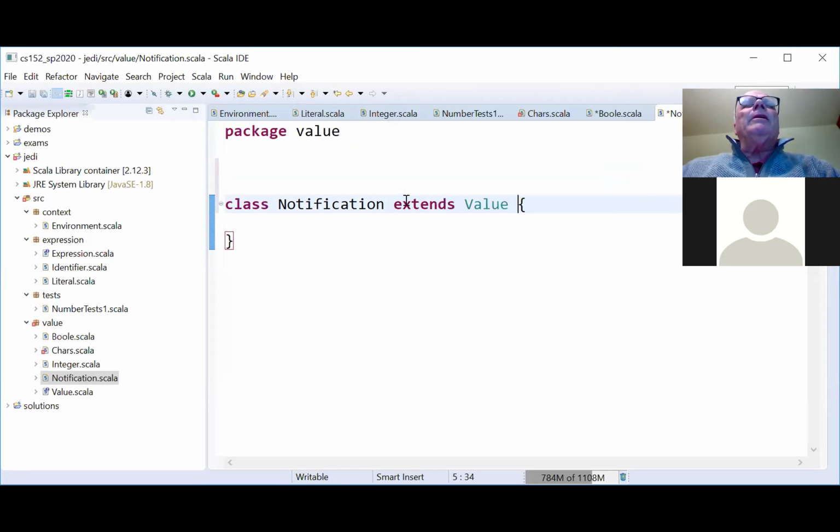It's just not a very interesting value, purposely so. Let's see, what do I call this? Name for now.